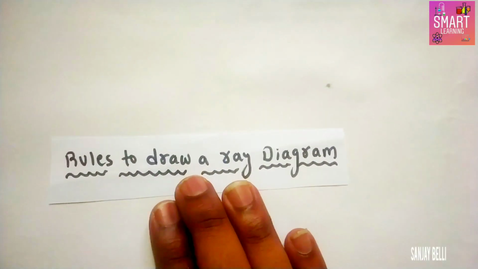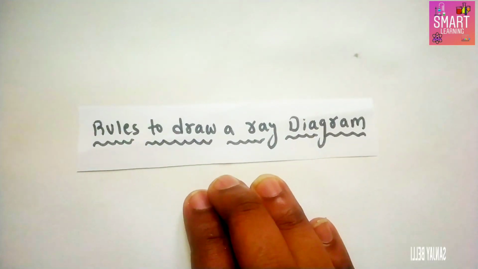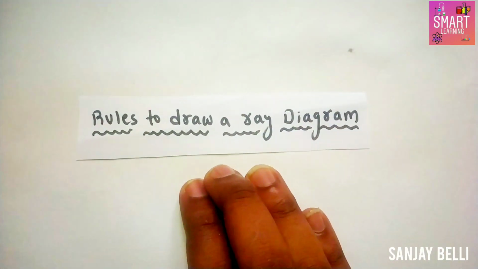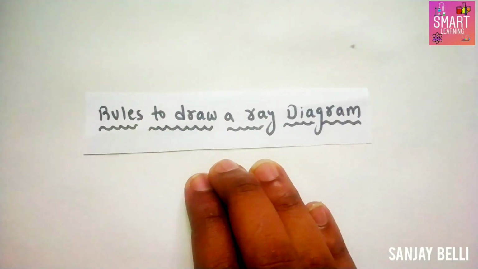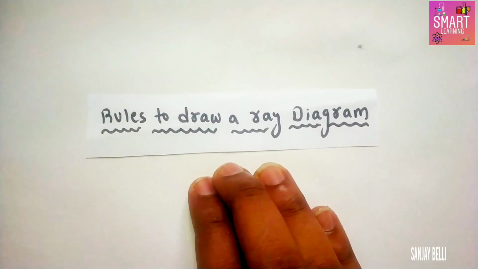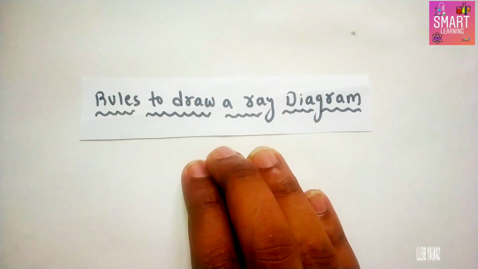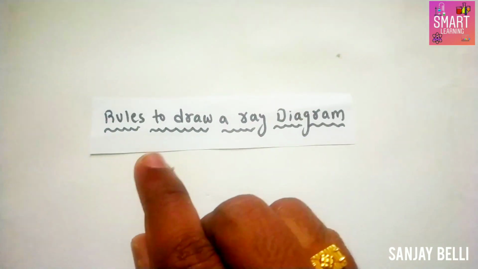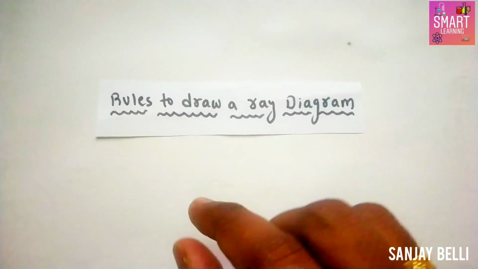Hello friends, today we are discussing how to draw the rules for both convex and concave lens. In your previous class we discussed the complete rules and image formation for both concave and convex mirrors. In this chapter we are discussing how to draw the rules for both convex lens and concave lens. And friends, just remember the rules present in the mirror; the same rules you can observe in case of a lens.